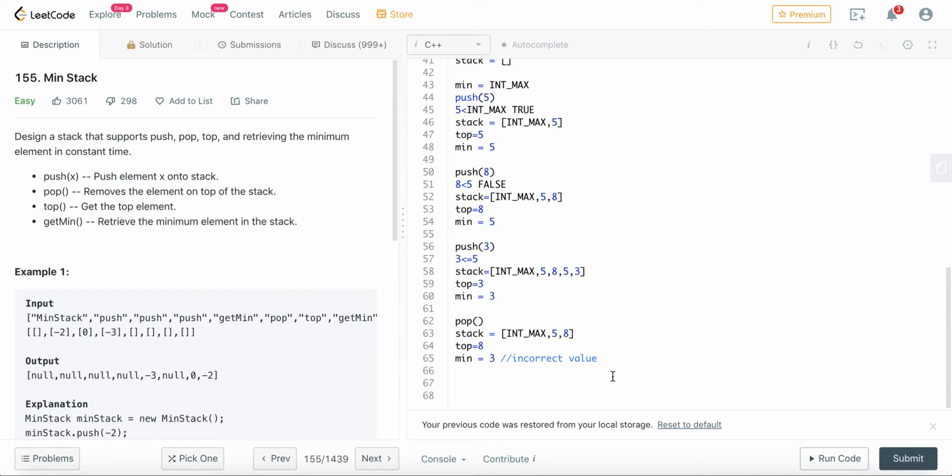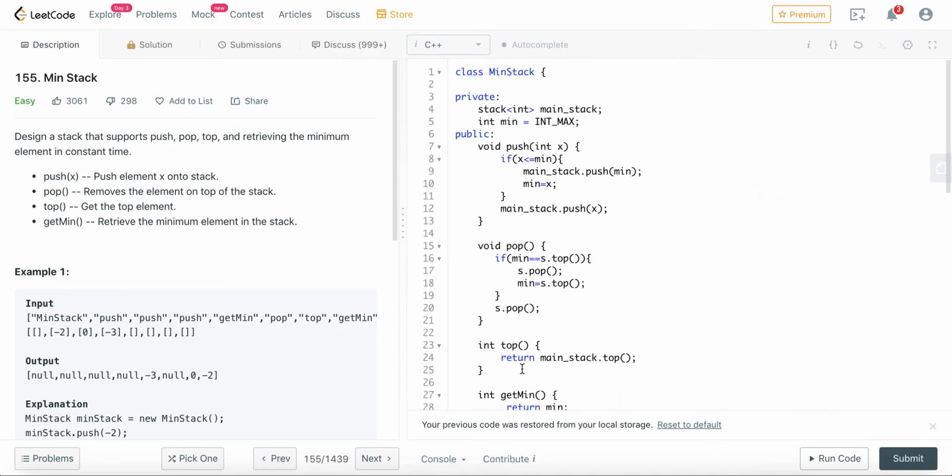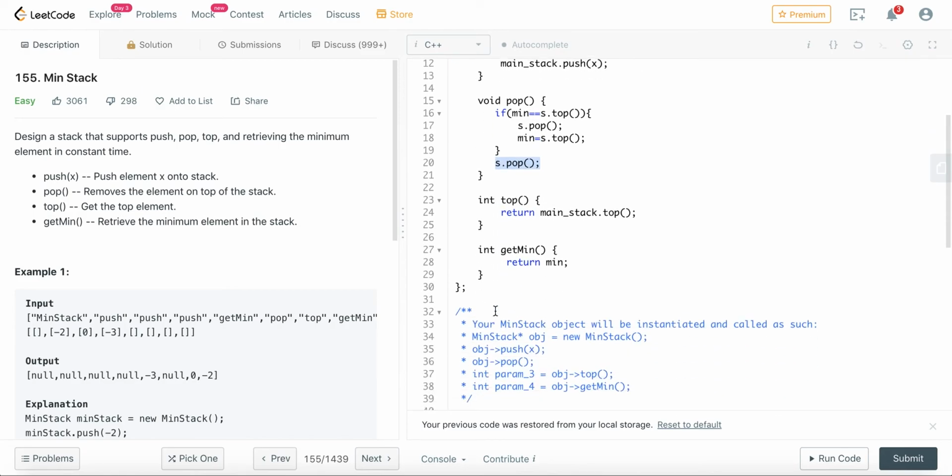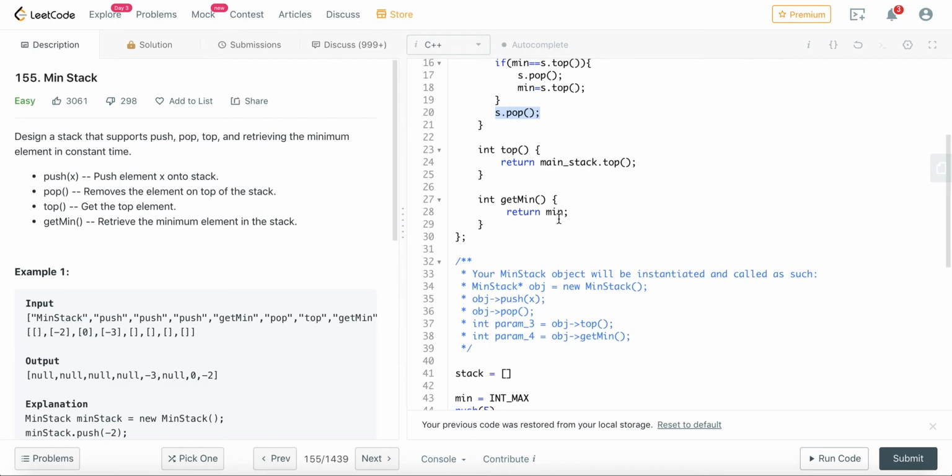So after this operation, we are performing a pop operation again. The minimum will be pointing to 5 now. Now we are doing a pop operation again. So now we'll check whether 8 is less than or equal to 5. That's not the case. In that case, this if block won't execute and we'll just pop it. So 8 will be just popped out. So this is the basic small tweak that we are doing.